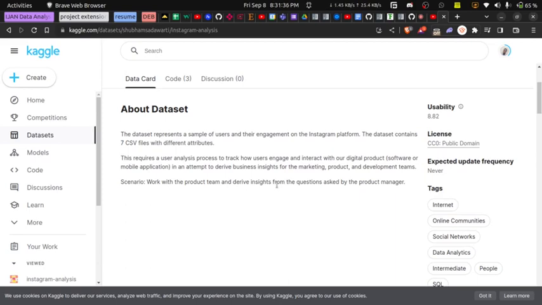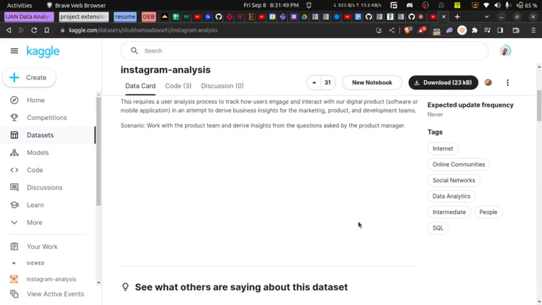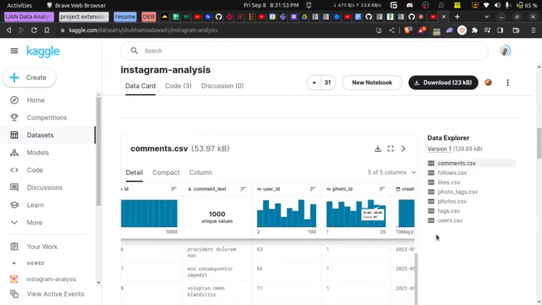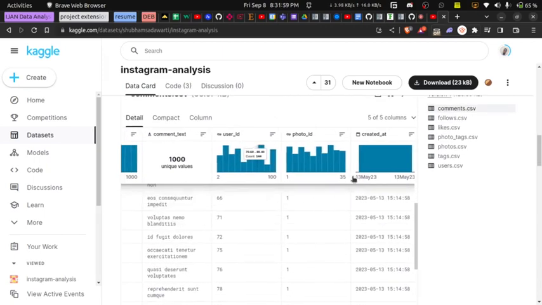So in this situation, you're supposed to be a product manager. So we are the product manager, and we are also the data analyst. So we are going to be getting our questions ourselves and work on them. So we have comments. We have a file as comments. So let's take it